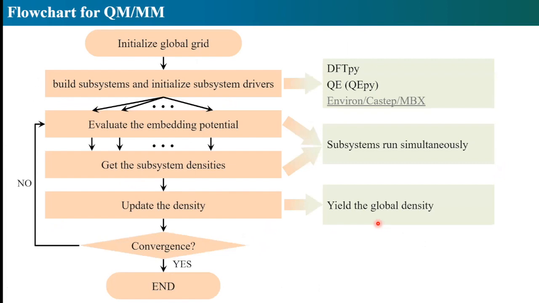So we can implement the QMM method as a standard sDFT method. The flowchart is the same when we do this QMM method. The only difference is that when we use MM, we need to use a different embedding potential because it is still not the real QM system. And the subsystem density will also be different. So more specifically,